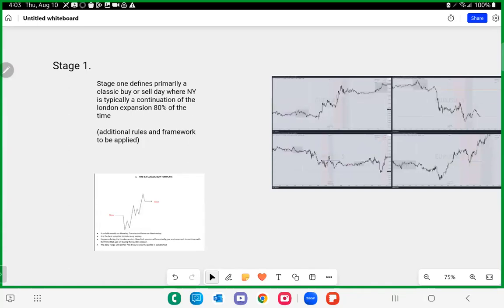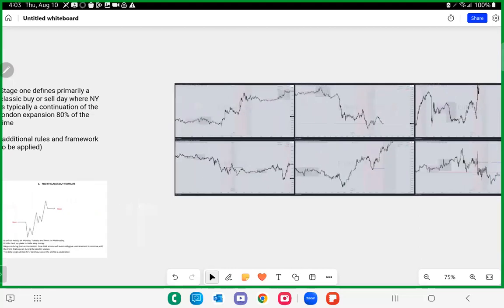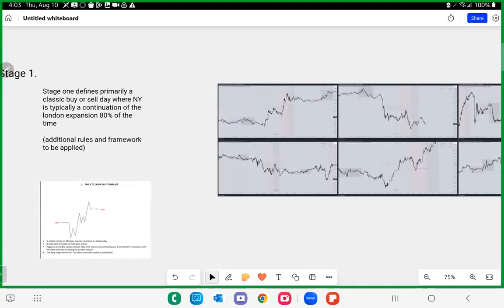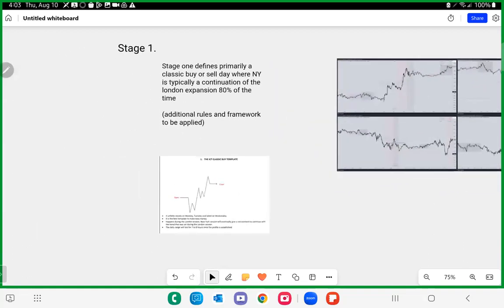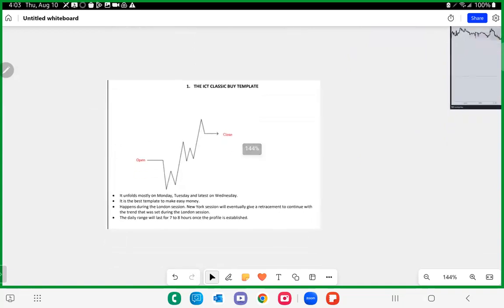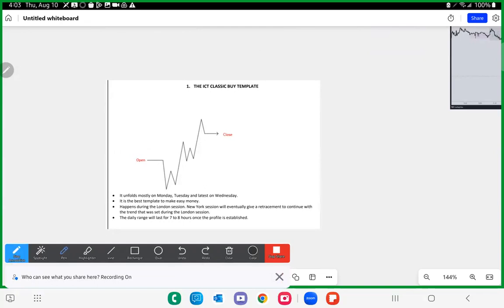And there's still an open draw, and that expansion is in line with the weekly range expansion. That sets the stage for a New York retracement and continuation, which ICT calls optimal trade entry. Of course, additional rules and framework are to be applied, like understanding the weekly range expansion and things of that sort. But just to take a look at the ICT classic buy template,